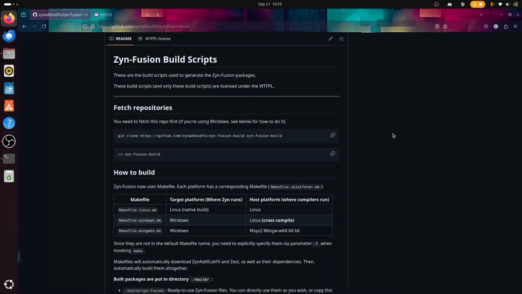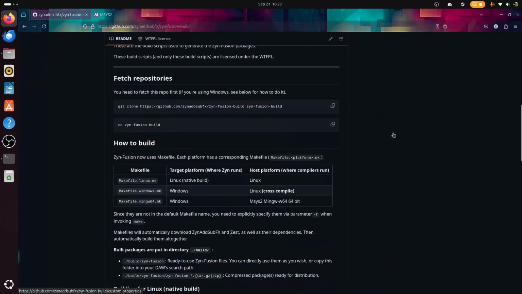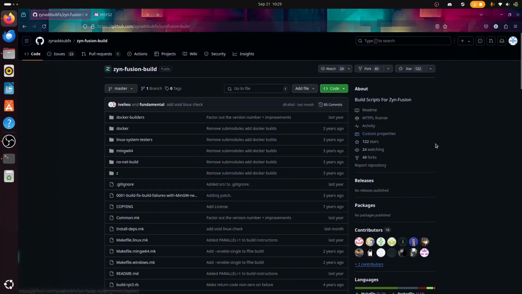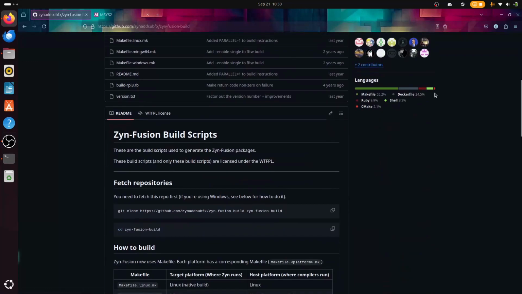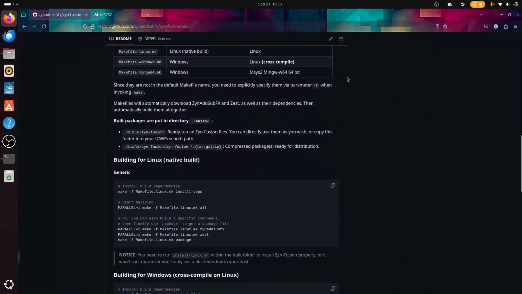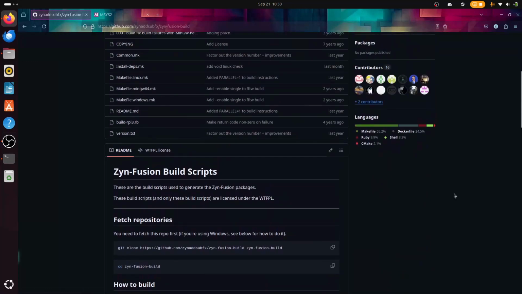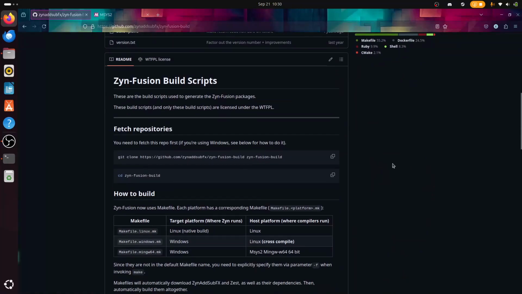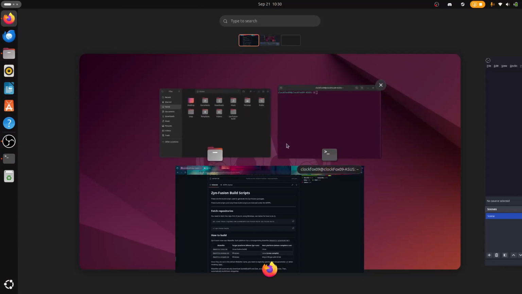So it is possible that the only reason I got success was because I was using Ubuntu instead of a different distribution. So if you haven't chosen one, just choose Ubuntu, and that's where we're going to start. So go here, open your terminal, and do this. You can copy this, fetch repository, so go to the terminal,